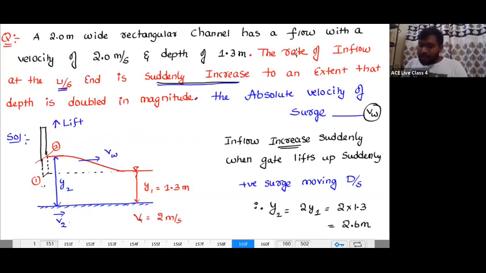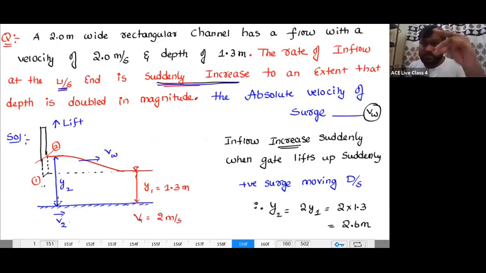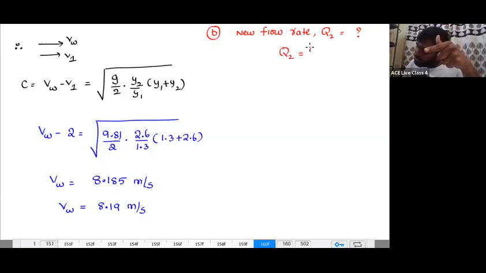You see, the rate of inflow at the upstream is suddenly increased, or not? Now it is going to be unsteady in nature. Now what is the new flow rate? See, when the water rises, the depth and velocity both are going to change. Initially V1, y1. Now, what is the new flow rate? New flow rate means Q2 is equal to y2 into V2. Do we know this V2? I don't know. So as I don't know V2, now what I do is, from